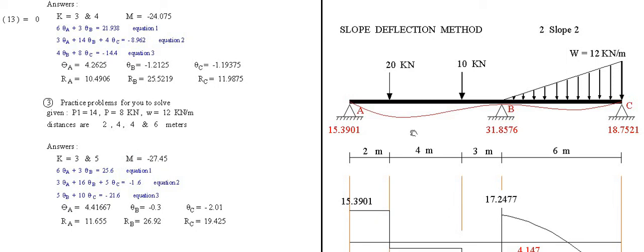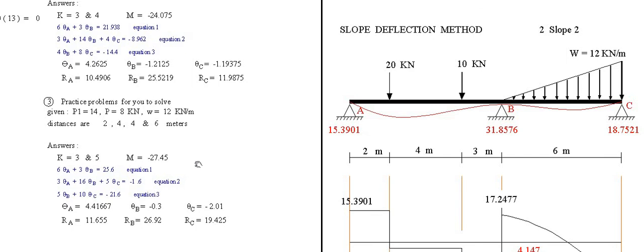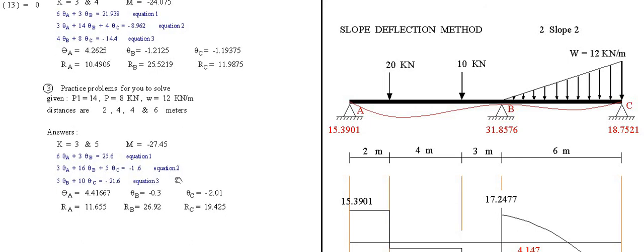There is no other moment here except B. So if this is left blank without the subscript, understand that this is the moment at B. Again, the three moments are given here as a check. I give this to you as given, but for you who solve it, it is not given. You have to solve this. Equation 1, equation 2, equation 3.